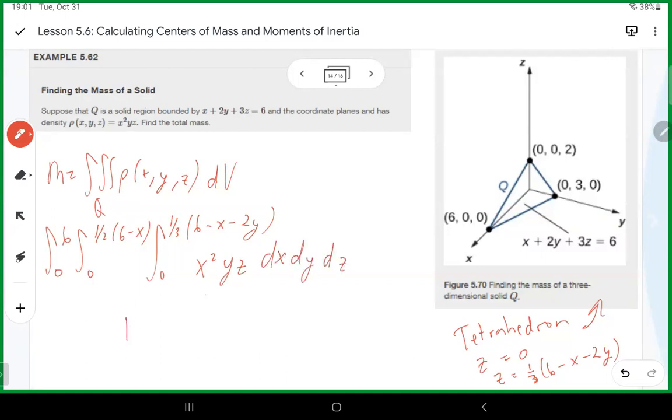You do all that, you end up with 108 over 35, which is approximately